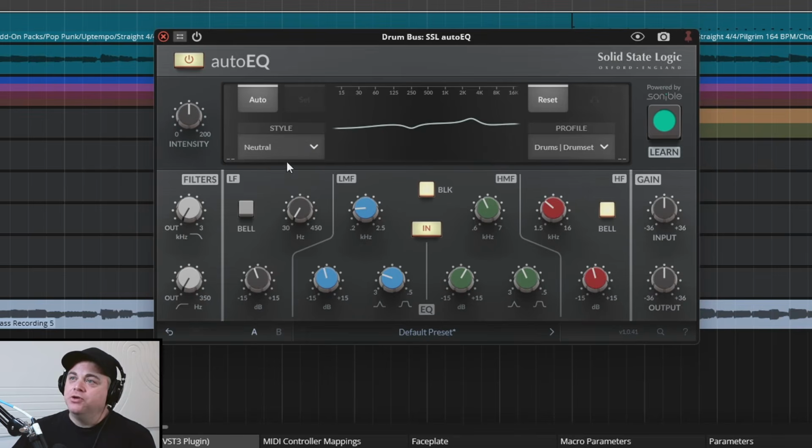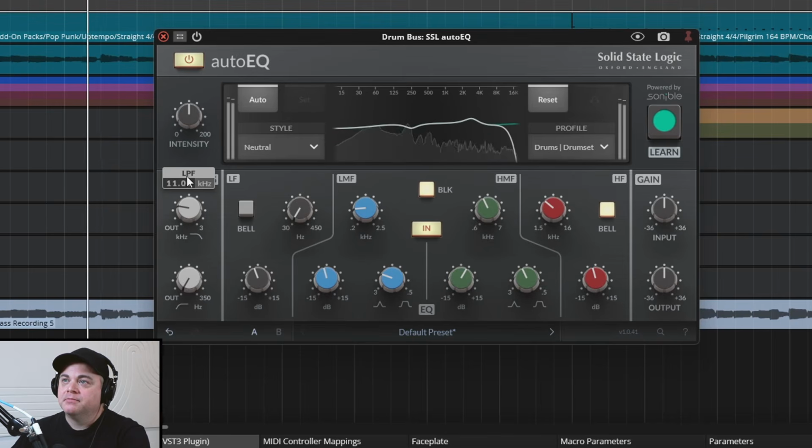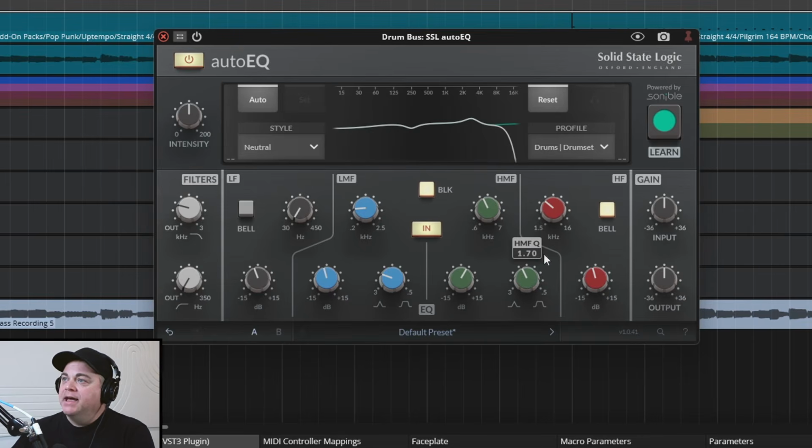And another thing you'll notice in here is that the AI doesn't affect the filters. So if you want to do some filtering, you have to do that manually. And I'll just have a look at that now. Maybe right there for that filter. And it also doesn't affect your input or output gain. So if there's any gain matching that needs to be done, you'll have to do that manually. But let's just say we're set for our EQ, and now let's add that bus compressor because this is basically